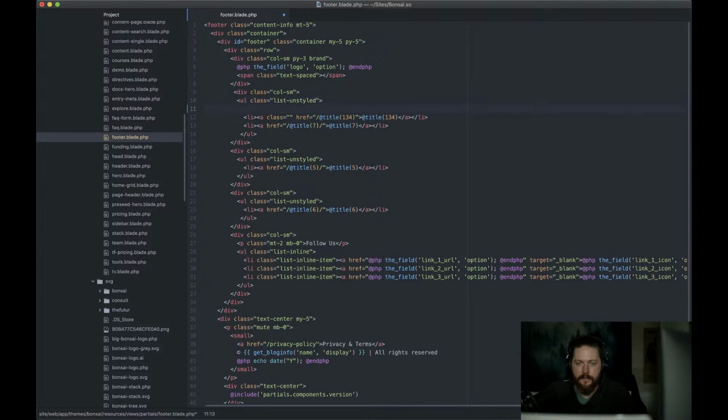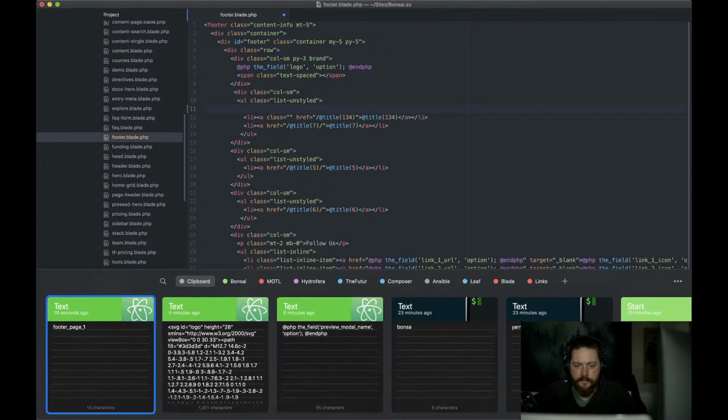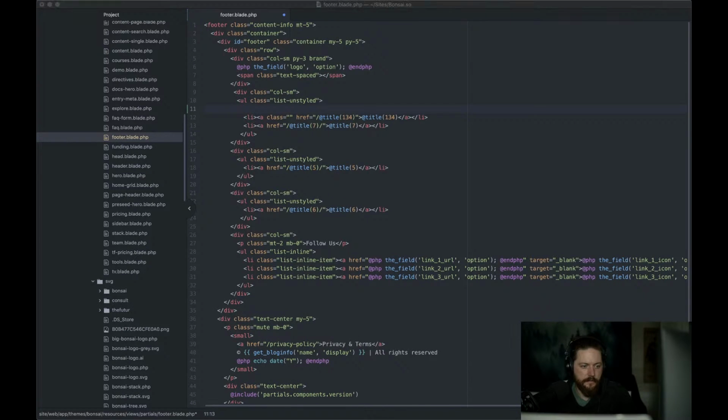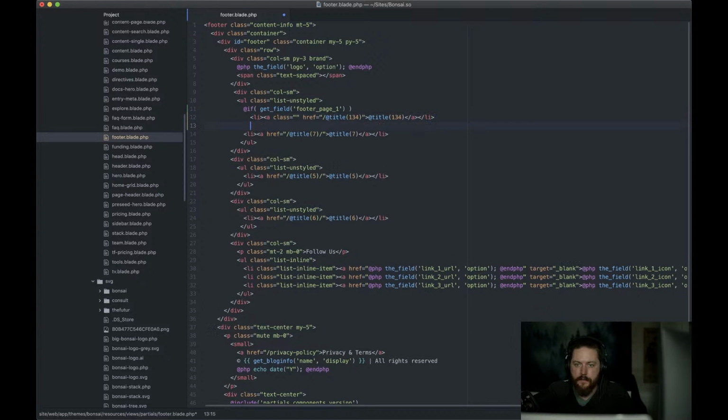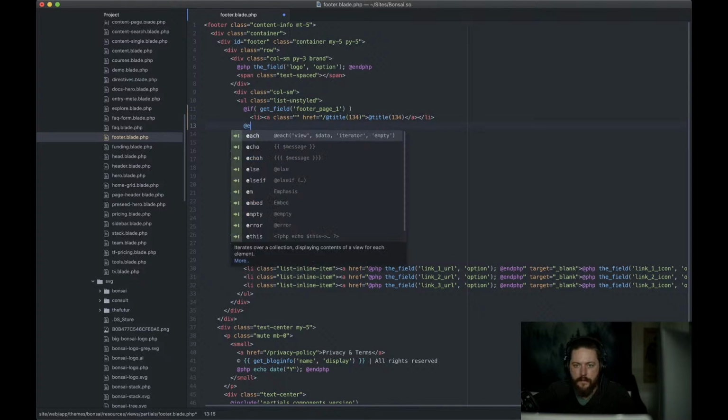And what I'm going to do is say I need this if statement. Let me try and find that snippet that I was using yesterday. Footer page 1. So we're going to say if it's this, and